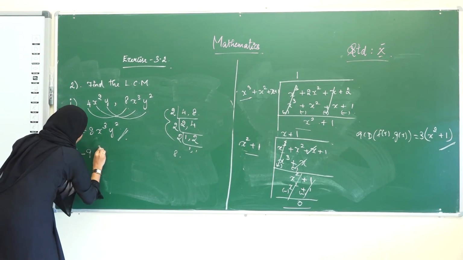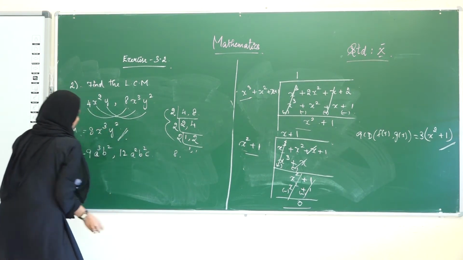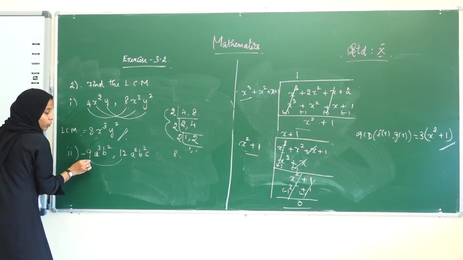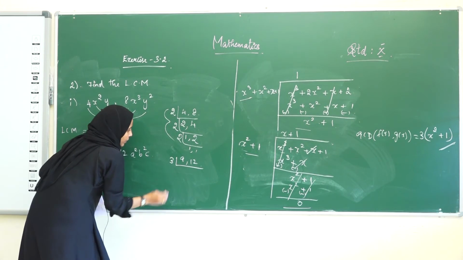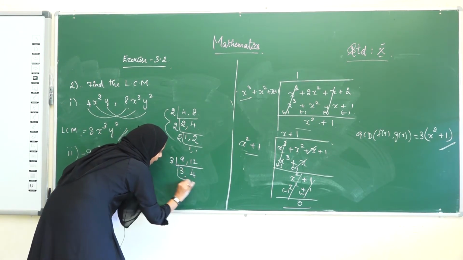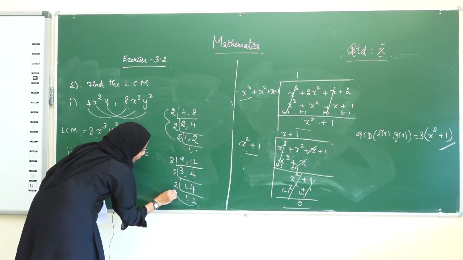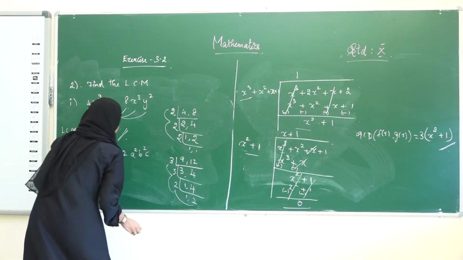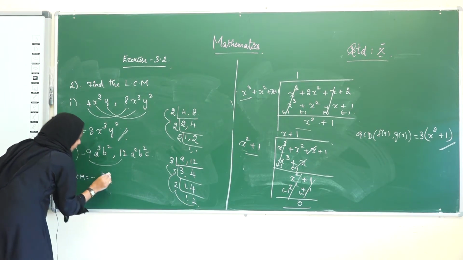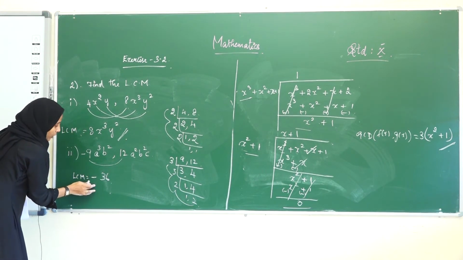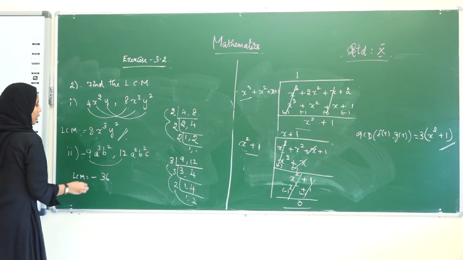Minus 9 a cube b square and 12 a square b square c. So, what are we going to do? We are going to take the LCM of the coefficients first, that is 9, 12. See 3. 3 3s are 9 and 4 3s are 12. Again 3. Here it becomes 1 and here it is 4, so 2, 1, 2. So 2 2s are 4, 4 3s are 12, 12 3s is 36. Right? The LCM of the coefficients is 36, but the minus sign should come, because here it is minus and we don't have minus here. Therefore, minus should come here, and then we go to the next variable.